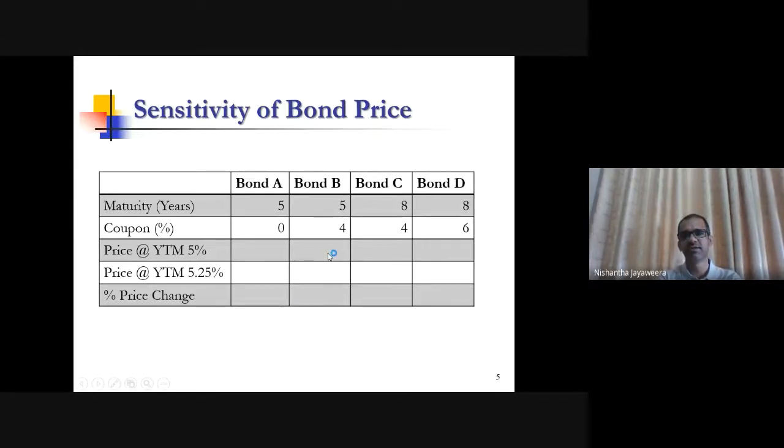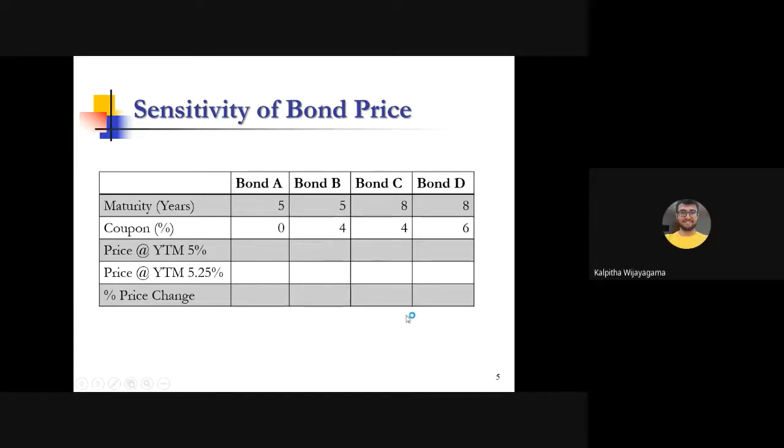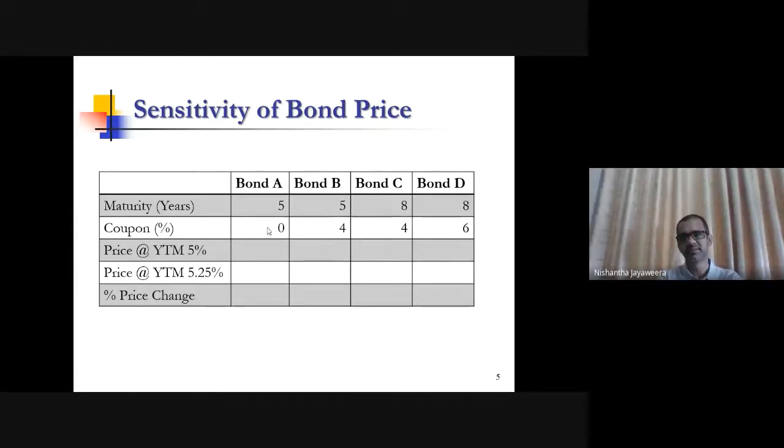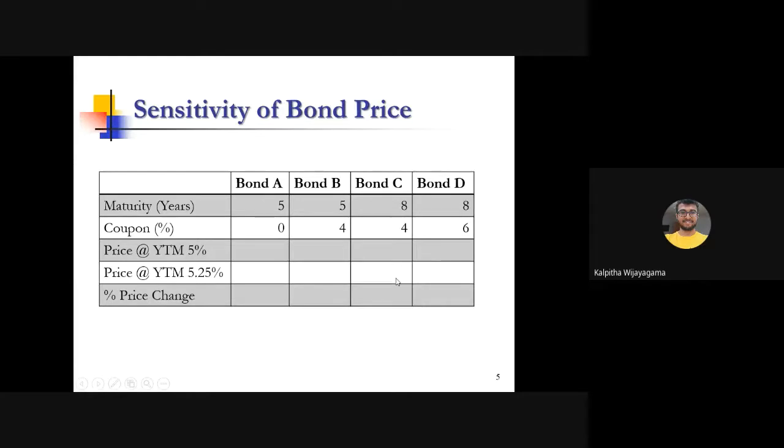Bond B, it's 95.67 and 94.63. Bond C, 93.54 and 92. Bond D,